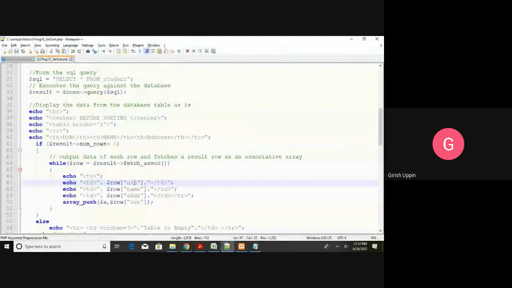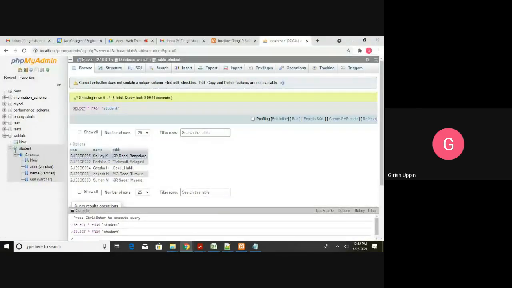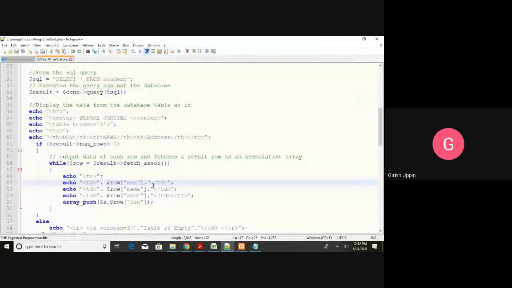That is the first record. It will fetch this USN, and close of the TD, that is the cell is closed, and second cell I have the name, third cell I have the address, and array underscore push.